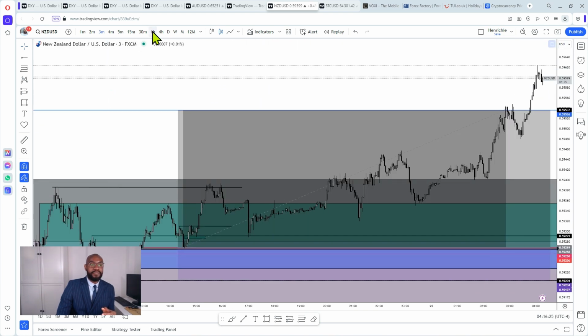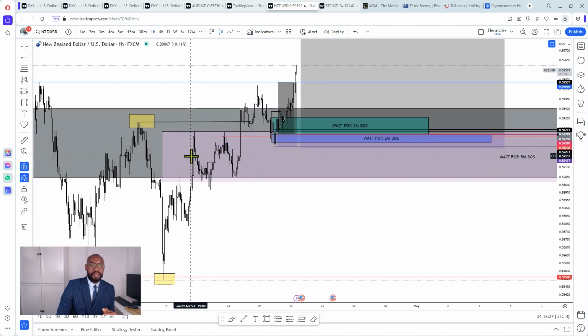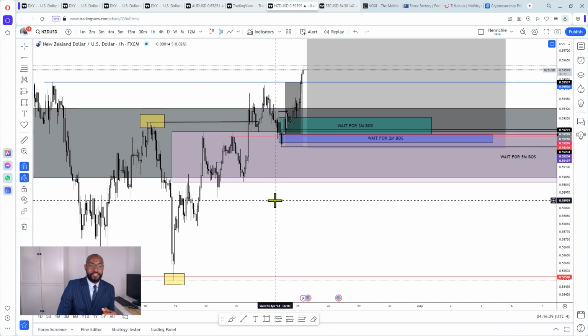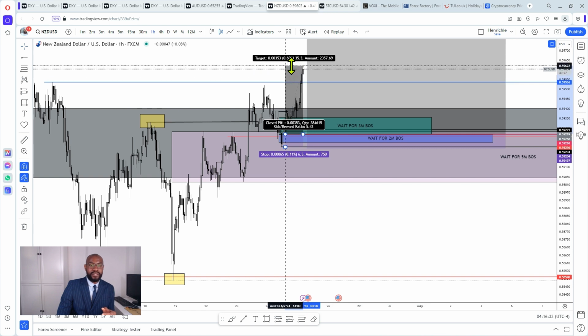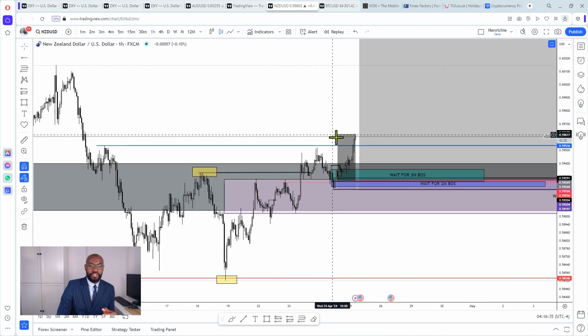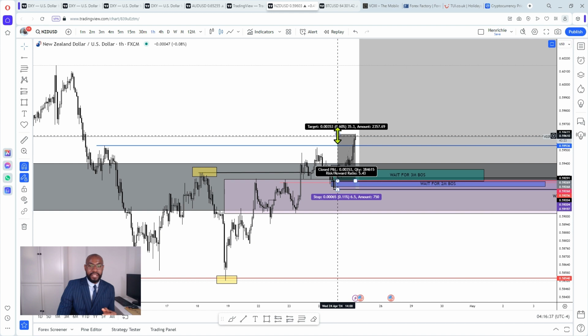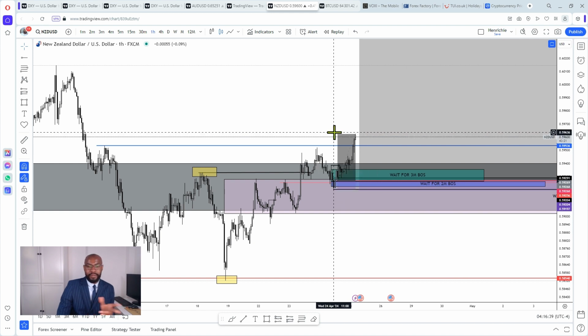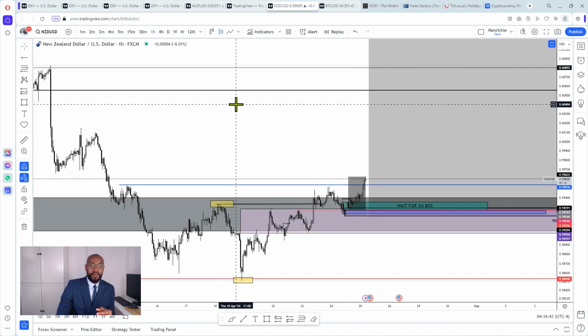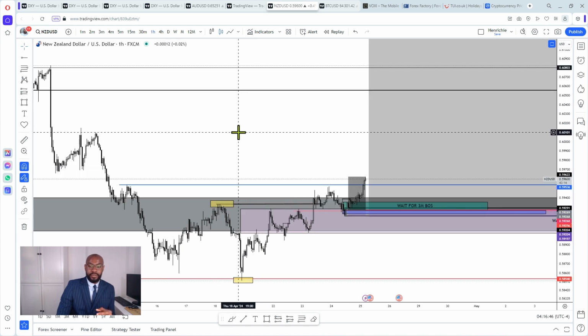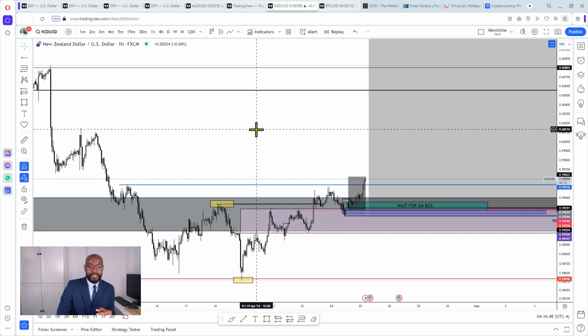So I'm still very much bullish on NZD US dollar. I still want to see higher prices on NZD US dollar. So far the trade is at a 1:5 risk to reward ratio, 1:5 profit. If we had gotten into this one, we would have been in a total of 11% profit for today. But at the end of the day, we're still going to be looking forward to other trade setups. And another one